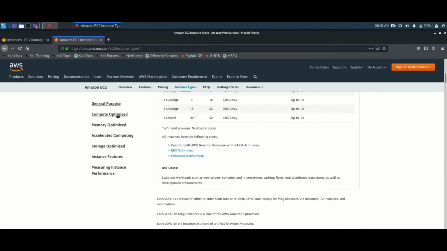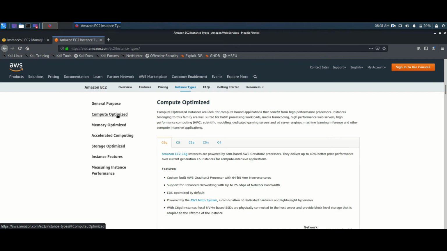If you go to compute purpose, compute in the sense CPU in your business, if you're going with an artificial intelligence type of resources, you want to execute your artificial intelligence code, you need a C type of instance which has a high amount of CPU and also with 25 gigs of network throughput.